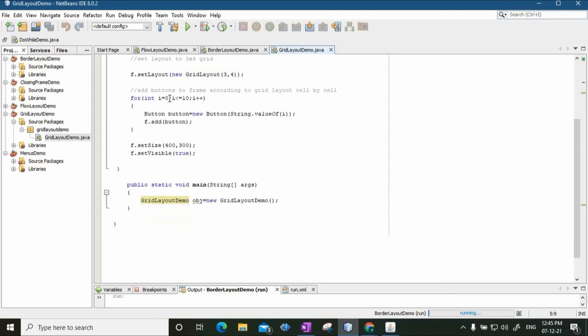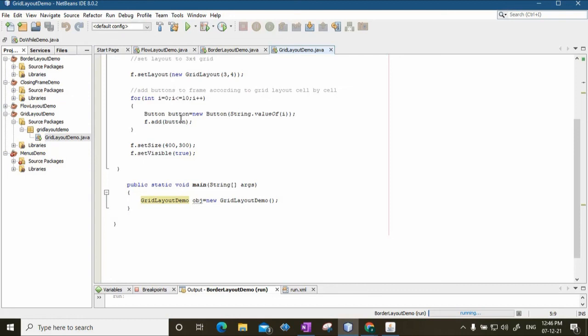Now in this for loop, I am trying to place 10 buttons. Okay, see, in every iteration, I am creating a new button. The name of the button will be String.valueOf(i). So for i equal to 0, the name of the button for the first iteration will be 0, which is converted to string. So for every iteration, I am creating a new button and then adding that button to the frame. Second iteration, again I am creating a button, adding that button to the frame. So the button whose name is 1 will be added to the frame, then in the next iteration the button whose name is 2 will be added, and so on. So from 0 to 10, these many buttons will be added to the frame.